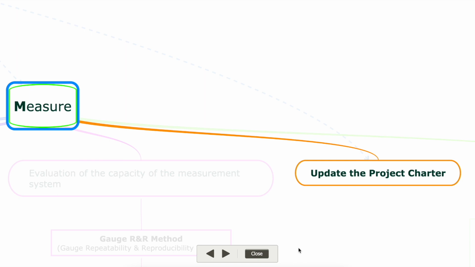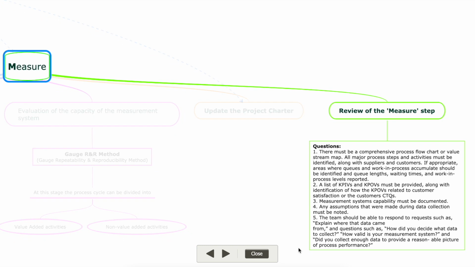Once we have updated it, we will arrive at the next toll gate, which is the review of this step, and the step will be reviewed based on the following questions, and the project manager will evaluate the performance of the measure step,